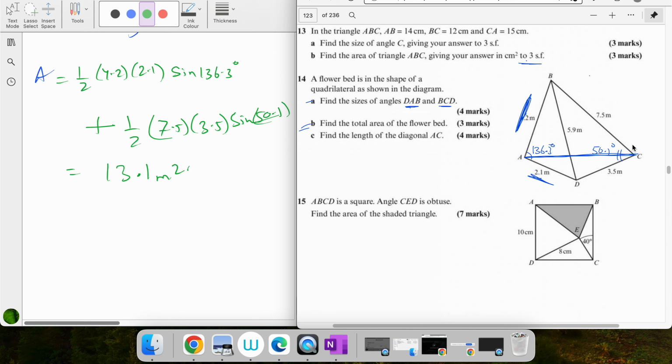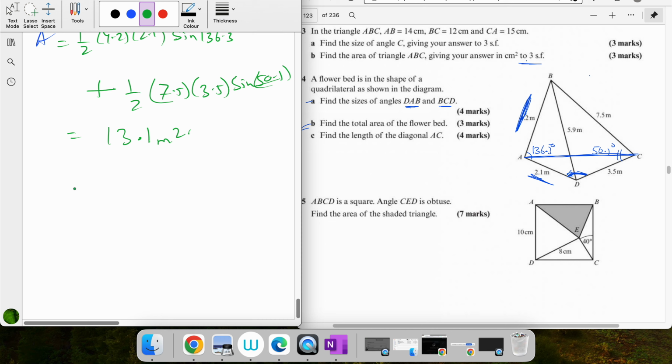Okay. Now for this, I'm going to find two angles and then I will use cos rule. This is the first angle ADB, then the second angle is BDC, and then I'll have this complete angle and use cos rule. So for ADB,